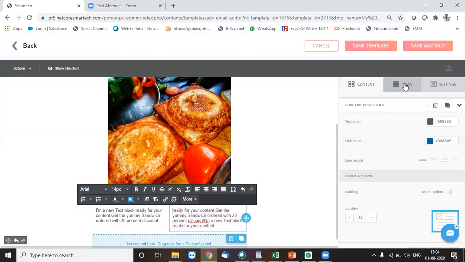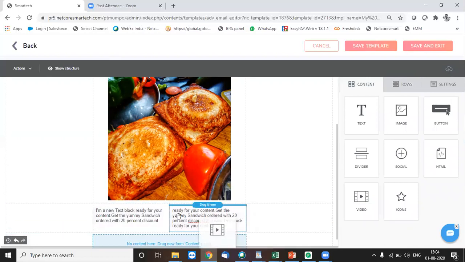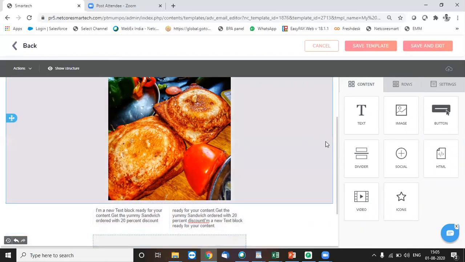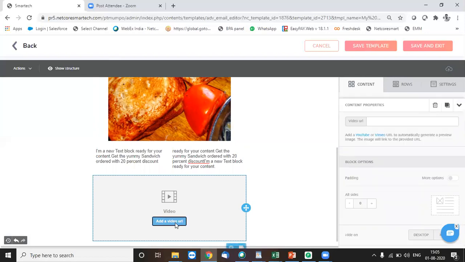Now, one more thing, if I want to add any video URL over here, I can add the video link as well. So any YouTube hosted video can be used over here. I can just click on add a video URL, and here I can insert the video URL.